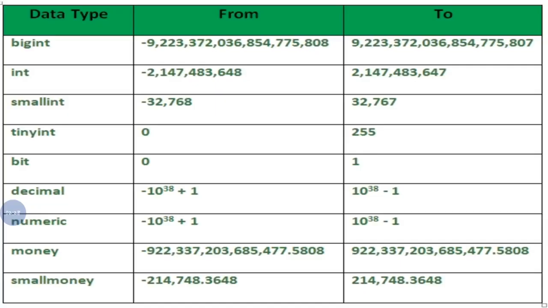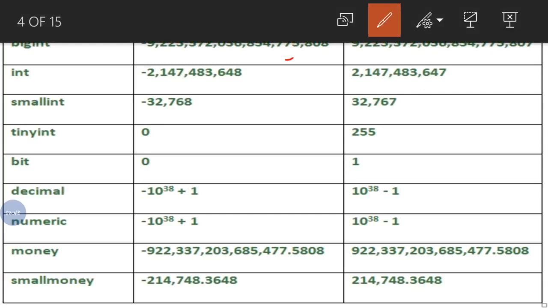The first type is bigint. Integers, we know that, right? In integers we have bigint, smallint, tinyint. In this bigint, this much range we can store. This is the range of the bigint data type. Here we can store 8 bytes of data, up to 8 bytes. And the next one is integer. This is the range of integer. Here in this integer we can store 4 bytes of data.